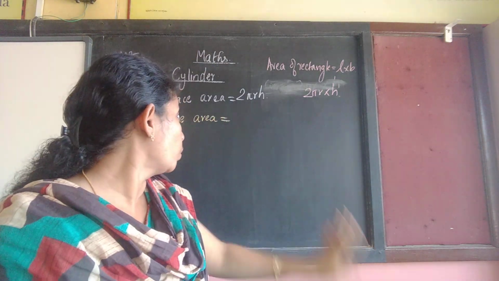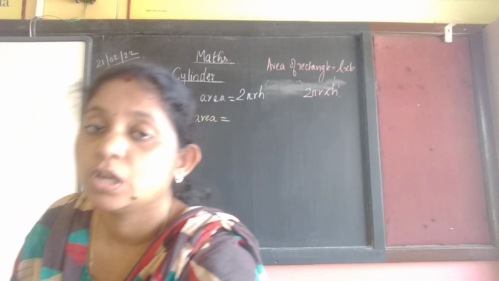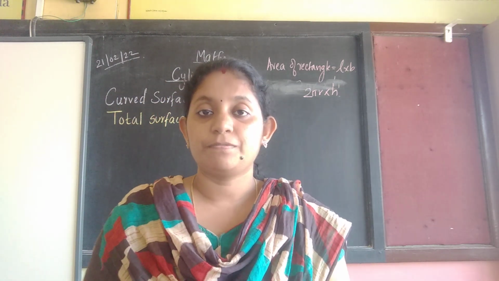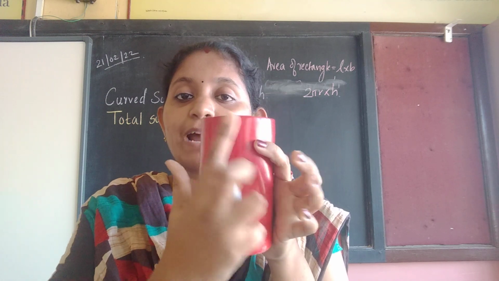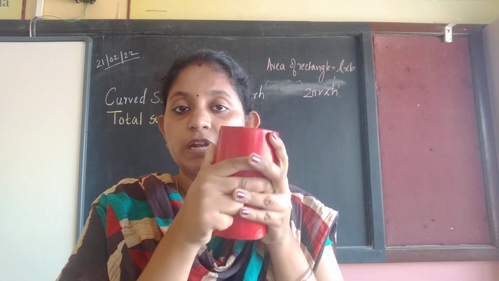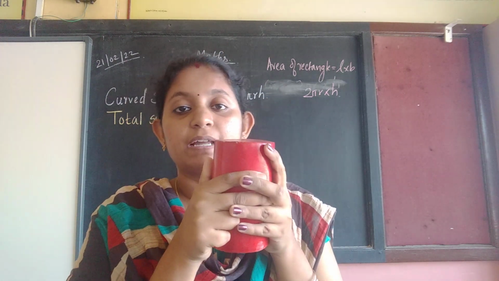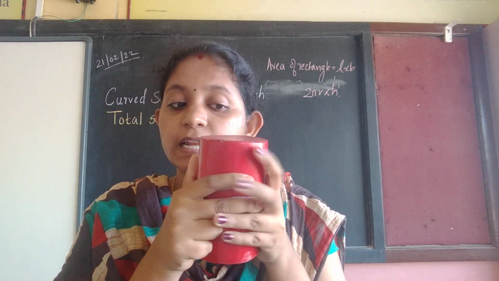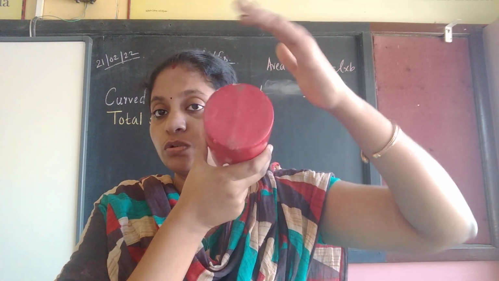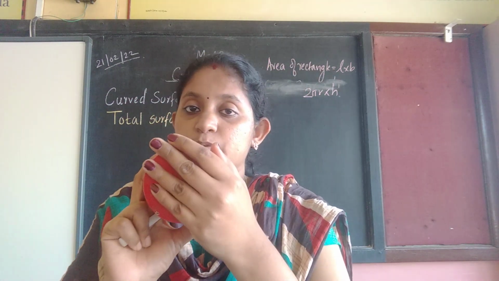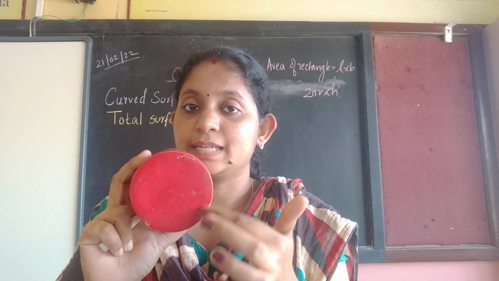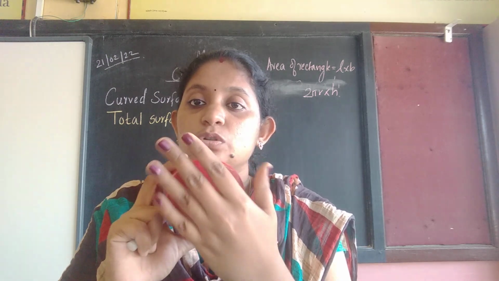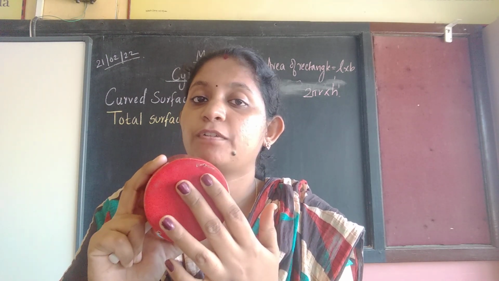Now we are coming to total surface area. What is total surface area? Curved surface area, this entire portion, if I have to wrap this entire portion, I came to know that it is 2 pi r h. But total surface area means it includes this also and this side also. Which shape is this? It is fully covered, not only the border is there. Full it is red. So which formula are we going to use?